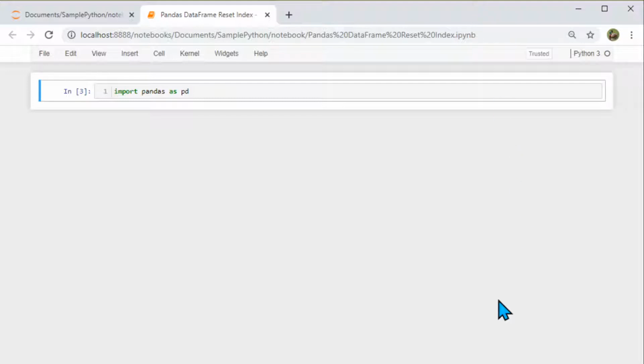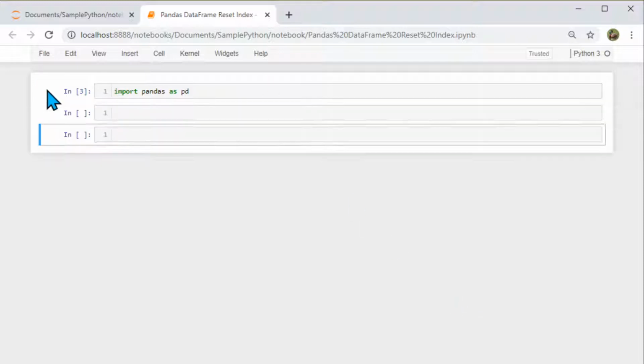So once we know that we are going to work in pandas, the first thing is we've got to import the pandas module. In terms of IDE, I'm going to use my favorite, Jupyter Notebook, and feel free to use any IDE of your choice. First let me import pandas as pd. That means going forward, I'm going to refer to the pandas module as pd.